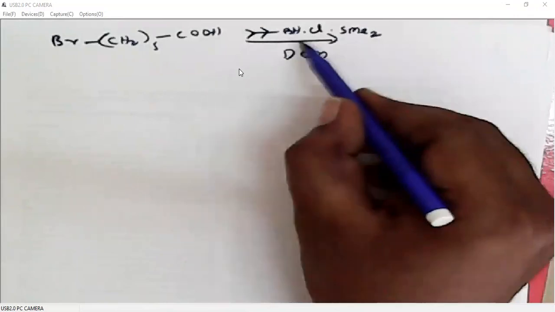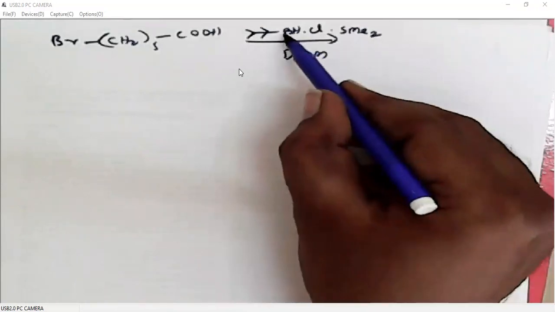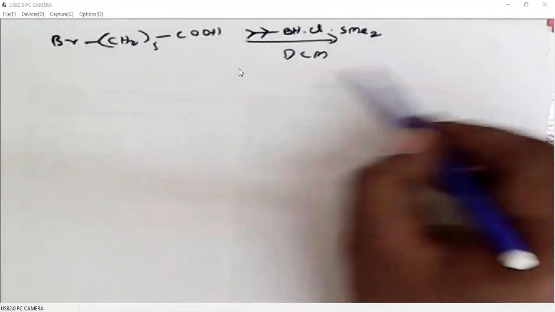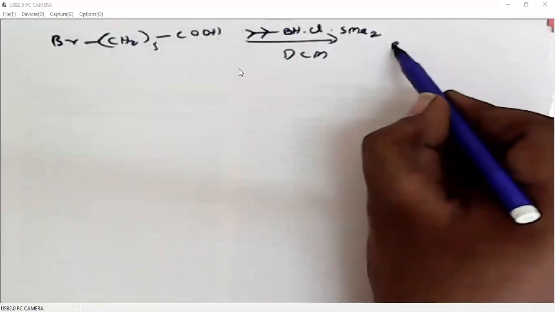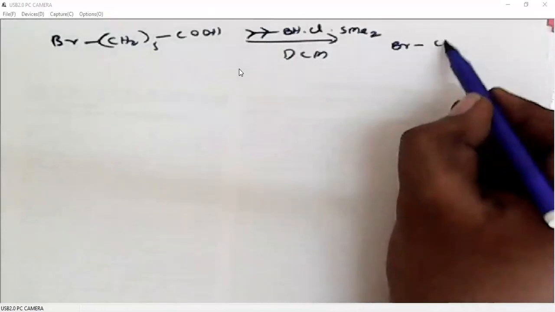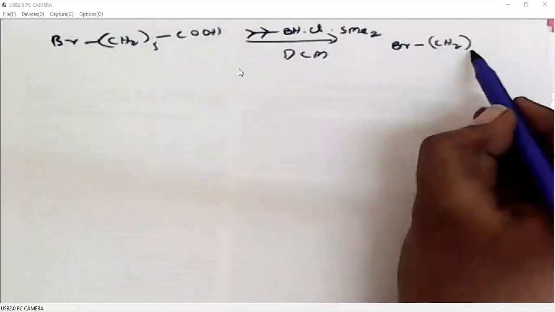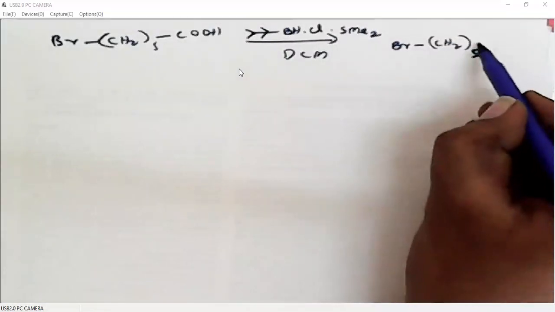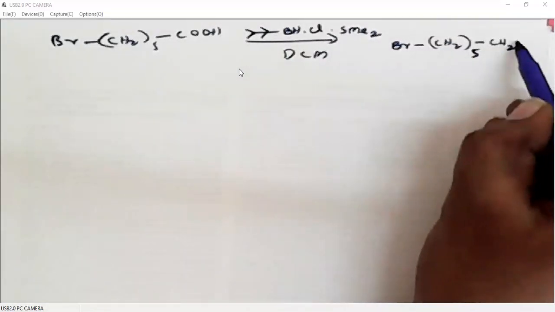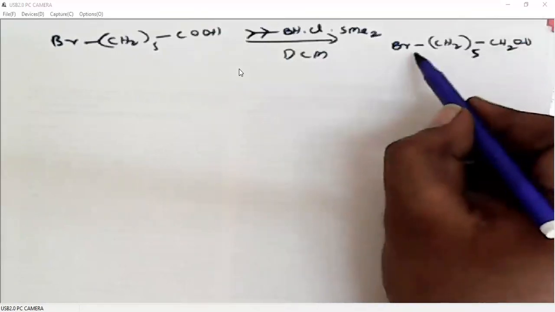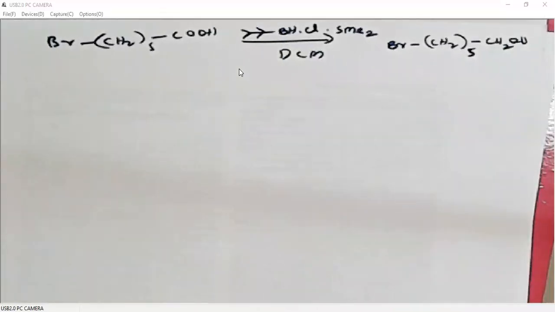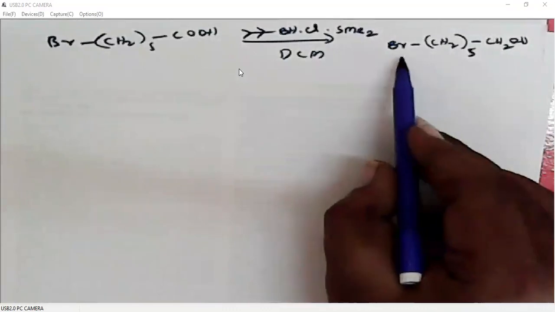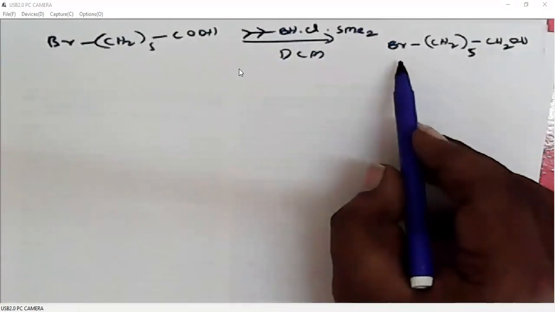So first take this boron reagent. This is again a boron reagent. When we use this reagent for reduction of this compound, of course, the selectivity here is it will only reduce the carboxylic acid to alcohol, whereas this halogen, alkyl halides, haloalkanes, they cannot be reduced with boron.